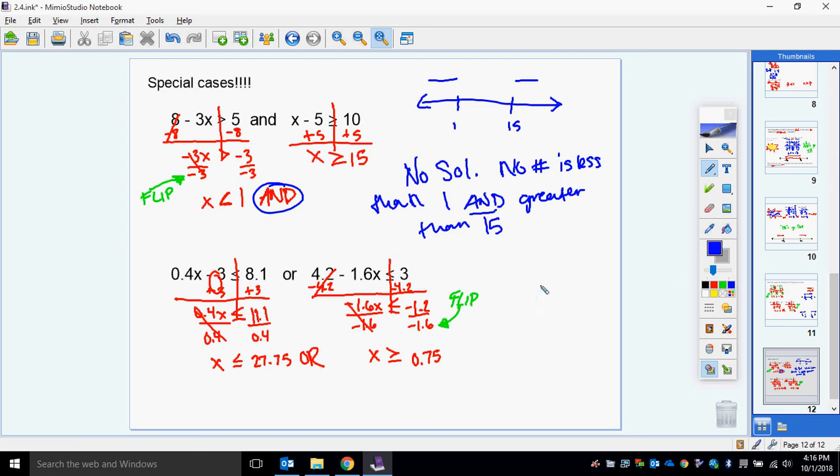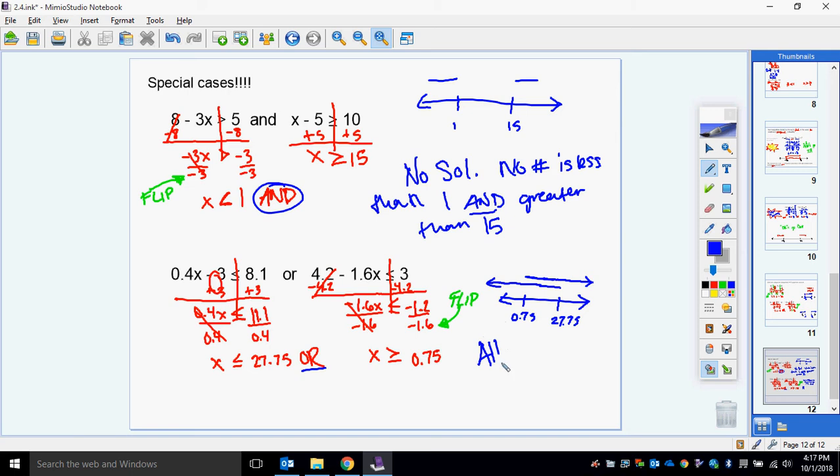So think about this in terms of a number line. Here's 0.75 and here's 27.75. Is there a number that's less than 27.75 or greater than 0.75? Now notice how it's not an and, it's an or. It's not bounded by anything. Okay, so all the numbers that are less than 27.75 go this way. All the numbers that are greater than 0.75 go this way. And it doesn't say it has to meet both those requirements. It just says it's got to be either less than this or bigger than this. Well, that covers the whole entire number line. Okay, if it's one or the other,